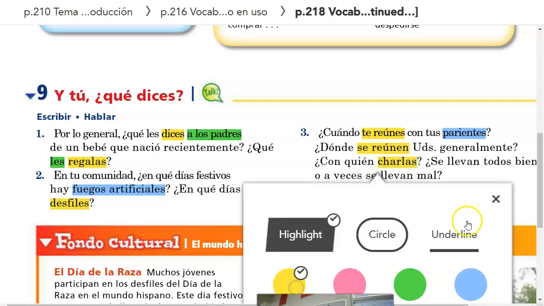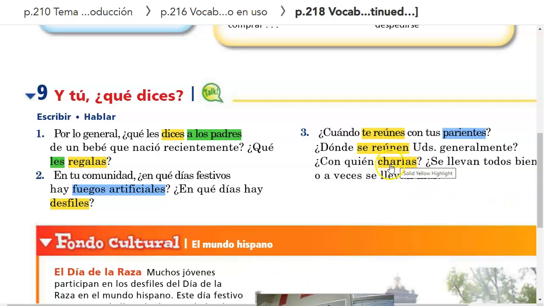¿Con quién charlas? This is a key vocabulary term from this chapter. This is the verb charlar. Charlar, kind of a cognate, it means to chat. Who do you chat with? Who do you naturally gravitate to in those family gatherings, right? You have a favorite cousin, aunt or uncle, grandmother, grandfather, or step family member. ¿Con quién? With whom do you chat? So conjugate that in the yo form. Yo charlo con mi abuela. Yo charlo con mi tío. Yo charlo con mi prima.